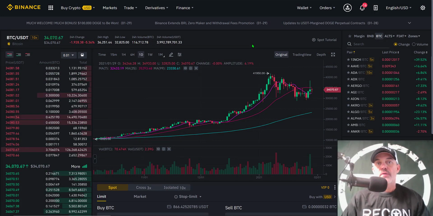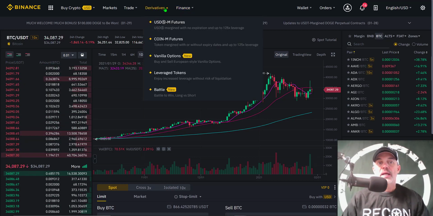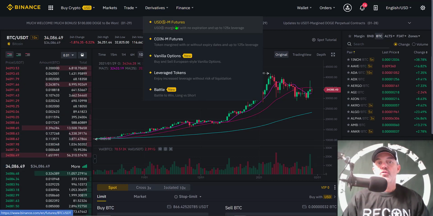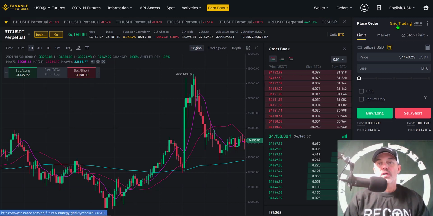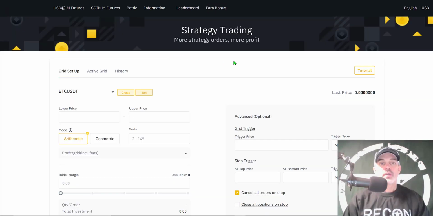In today's video, I will share with you the results of my Binance grid trading bot that I deployed on the Binance USDM futures platform. And at the time, the grid trading feature was pretty much brand new, and you can actually configure your own grid trading bot via this grid trading link up here in the upper right-hand corner of the trading terminal. And you'll end up landing on the grid setup page, and that will allow you to actually configure your own